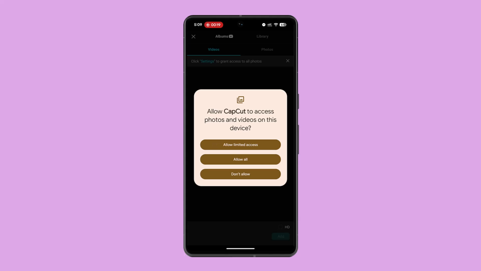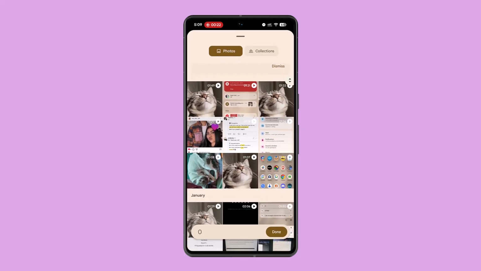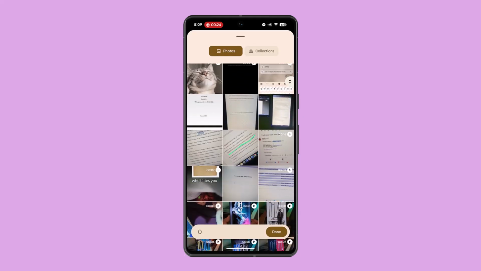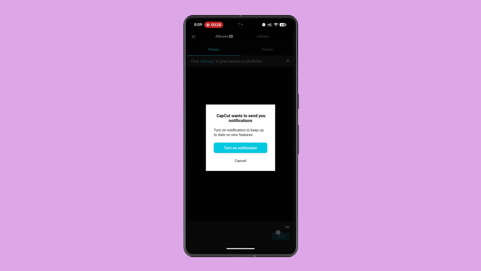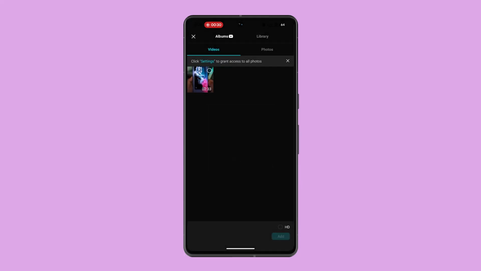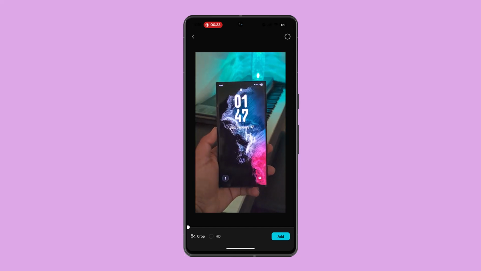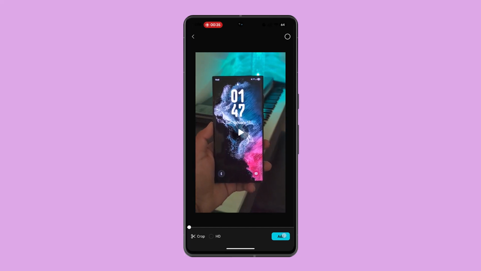video, make sure to enable all these permissions. And what you want to do is select the video. Let's say this is the one, tap the next button, or done. And once you've selected this video, let's say this is the one, get started on using this and press the